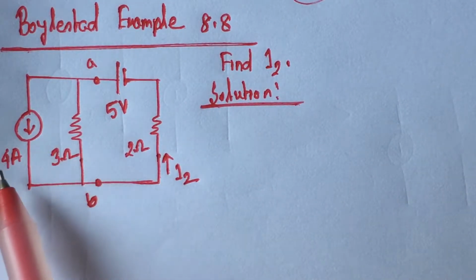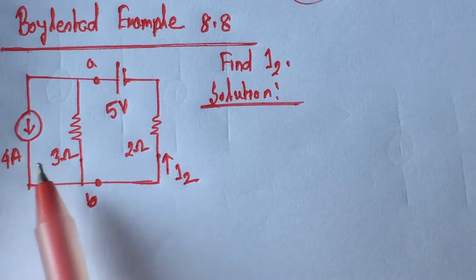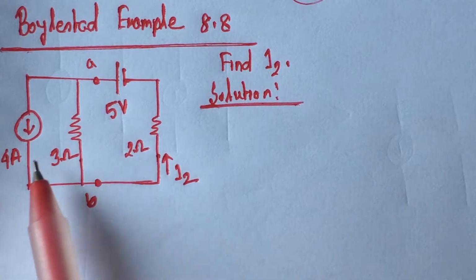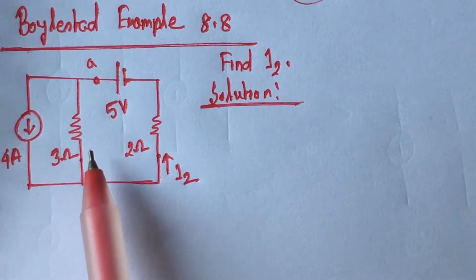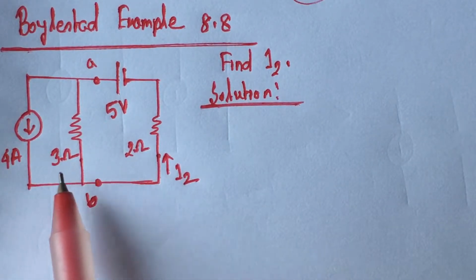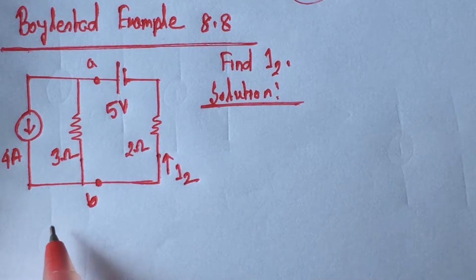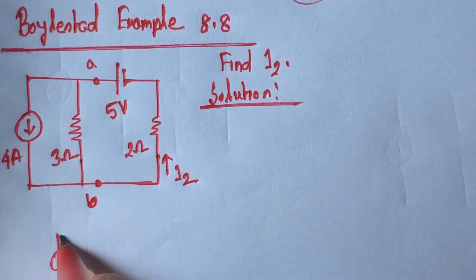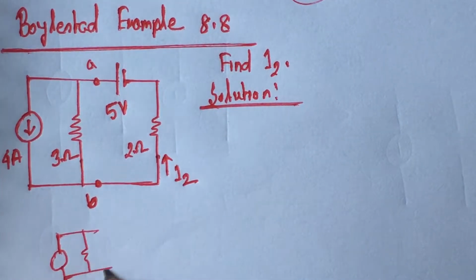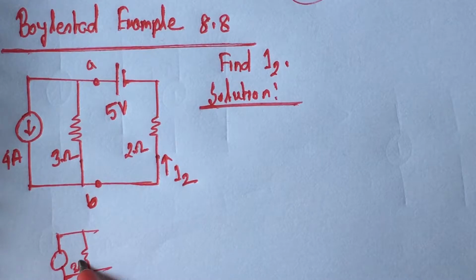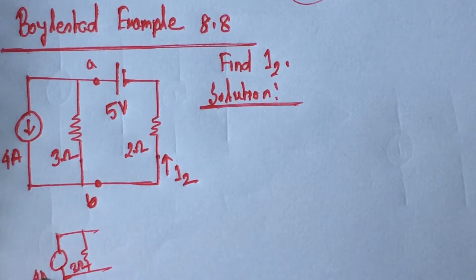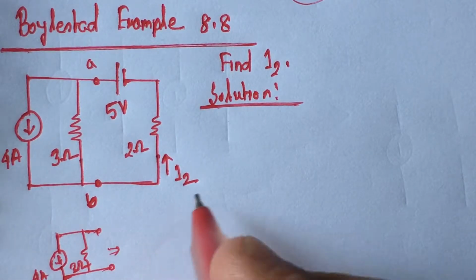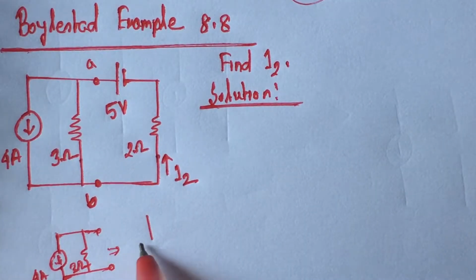From the circuit we see that the 4 ampere current source is in parallel with a 3 ohm resistance. Here we can convert the current source and the resistance into a voltage source with a series resistance. So the 4 ampere current source with 3 ohm resistance, with the 4 ampere current flowing downward, can be converted into a voltage source as